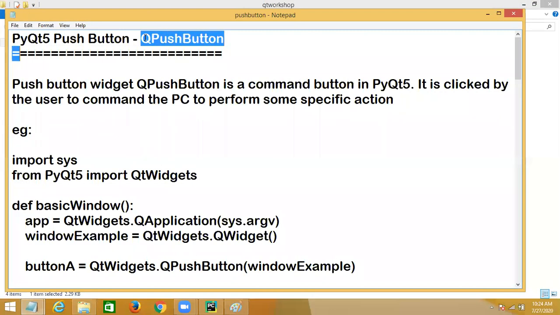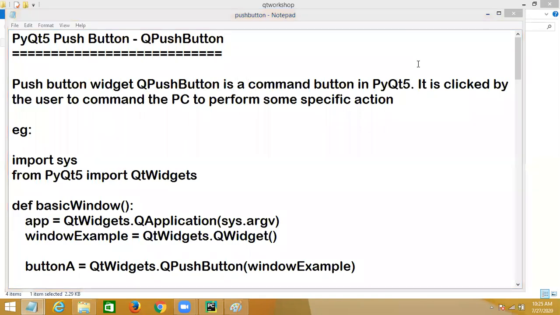The push button widget, QPushButton, is the command button in PyQt5. It is clicked by the user to command the PC to perform some actions or operations.